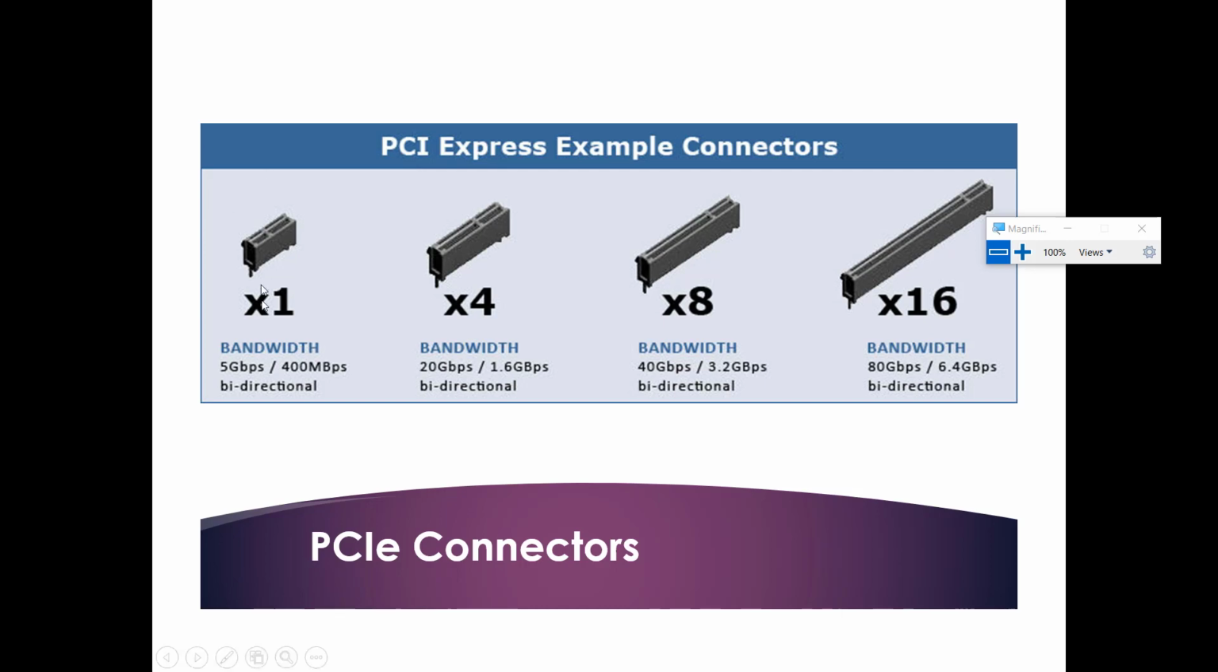So this is X1. Now they were talking about the width or length. The smaller one has a name, X1, because of the size. This size is called X1. This size is called X4. This size of slot is called X8, and this is X16. So if we say this is X8 and this is X16,